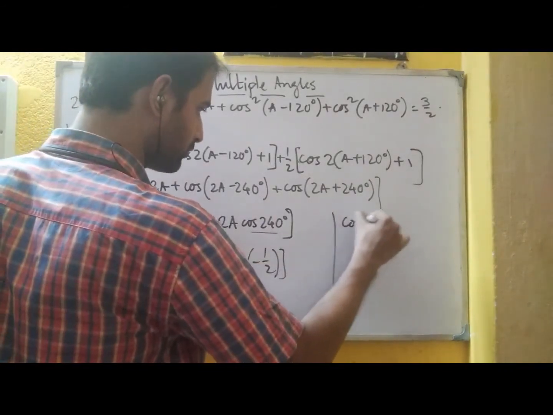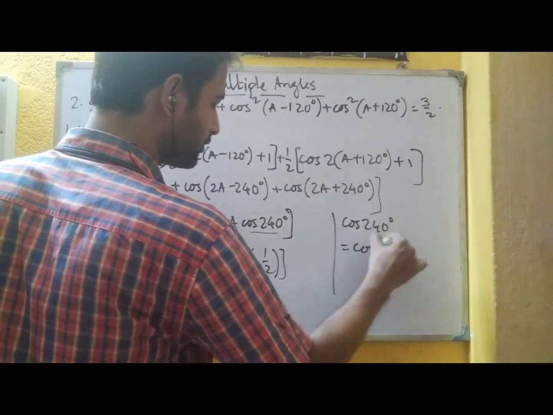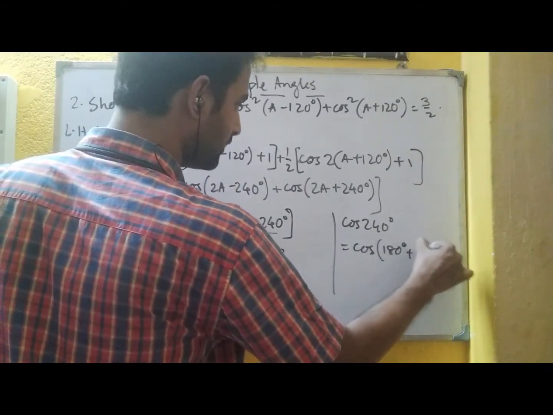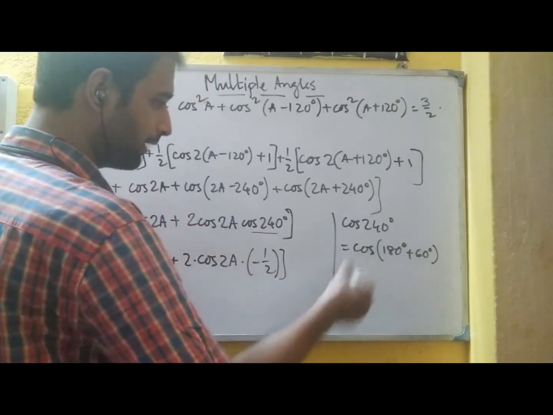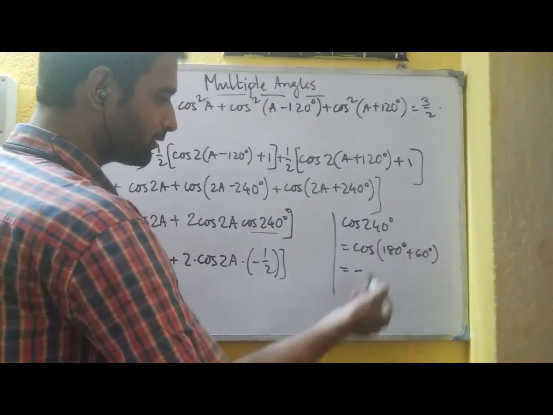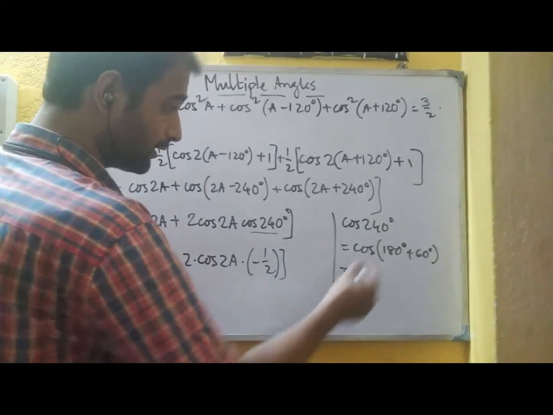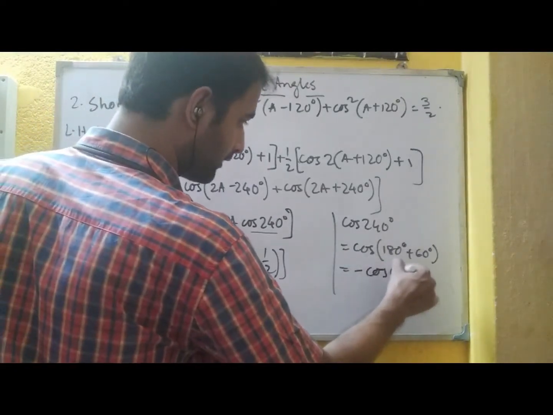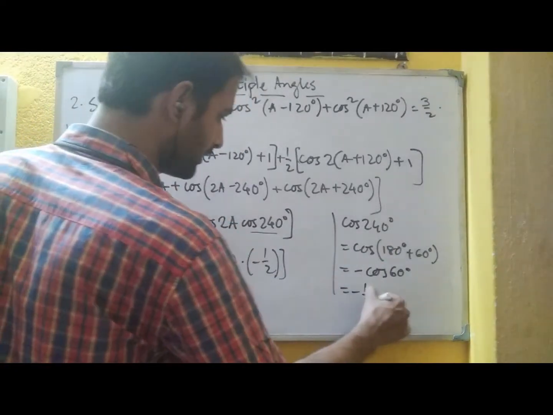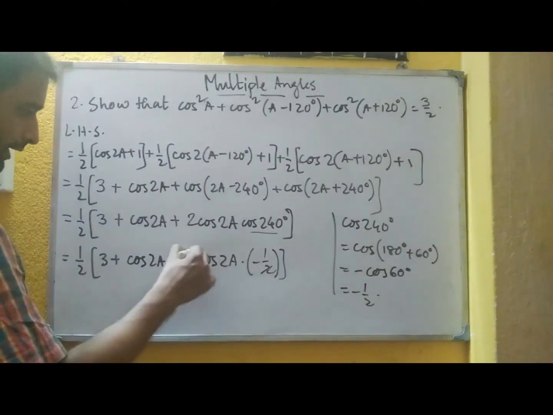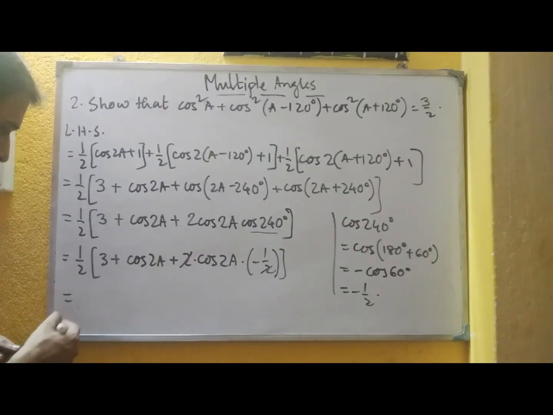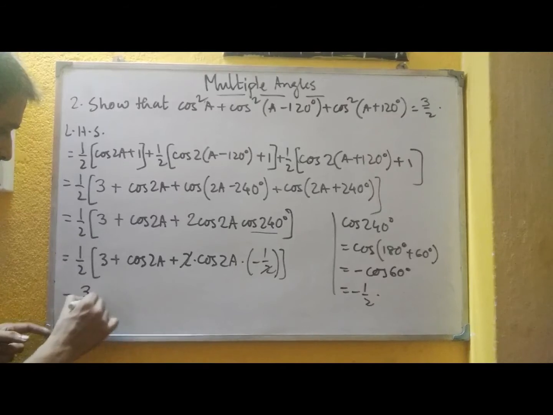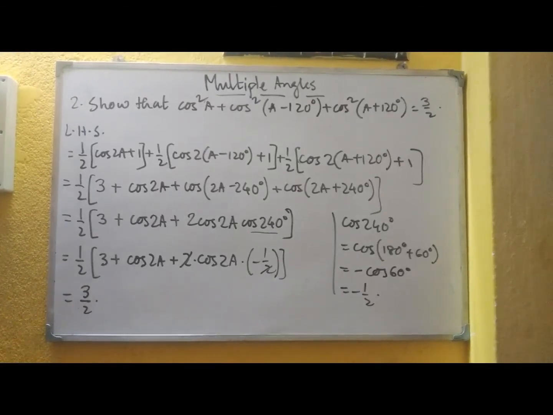Let me show the result. Cos 240 degree can be written as cos 180 plus 60. Since it is 180 plus theta, it is in the third quadrant, so the sign will be minus, and since it is 180 plus, that means it is from the horizontal line. That's why the function remains the same. So we can write it as minus cos 60 degree. That means it is minus half. So this will cancel out, and finally it is cos 2a minus cos 2a. That part will vanish. So the final answer will be 3 by 2. So that's how we get the solution for this one.